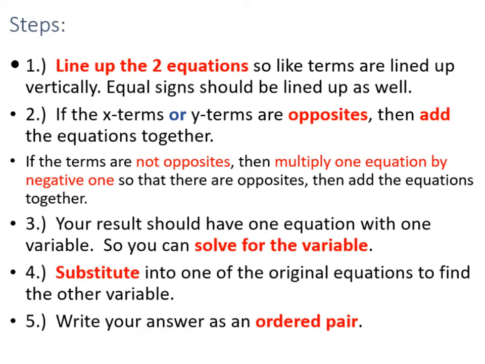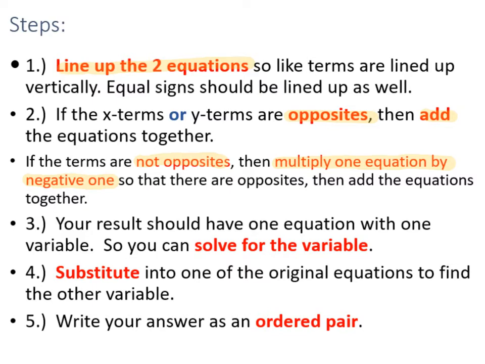First, you need to line up the two equations so like terms are lined up vertically. Equal signs should be lined up as well. If the x or y terms are opposites, then you can add the two equations together. If the terms are not opposites, then you'll multiply one equation by -1 so that there are opposites, and then